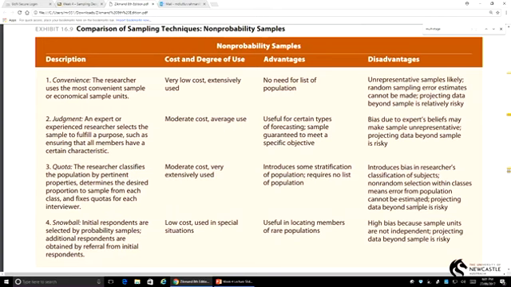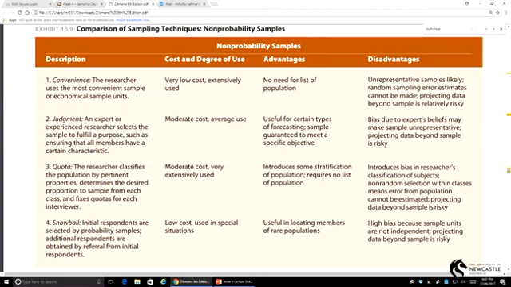Okay, you can see the description, convenience sampling, judgment sampling, quota sampling, snowball that we will be discussing shortly, and there are cost and degree of use. There are advantages and disadvantages. I am not asking that you memorize all these advantages, disadvantages, cost and degree of use, but I am just asking you to go through this table carefully